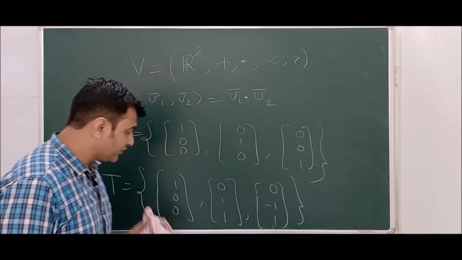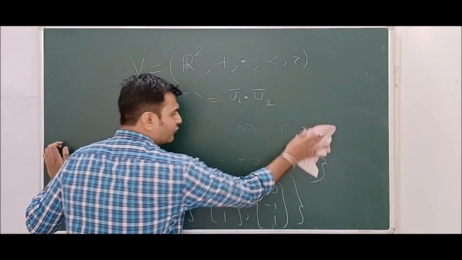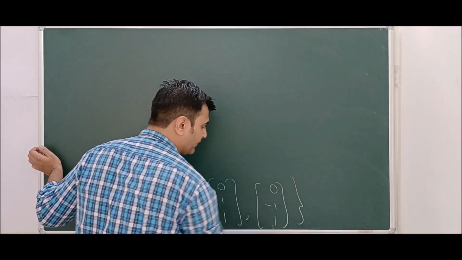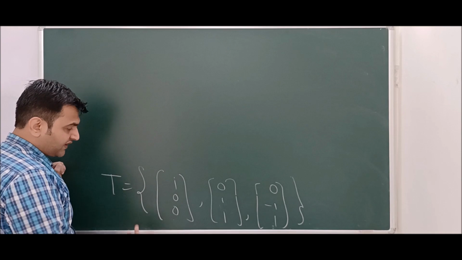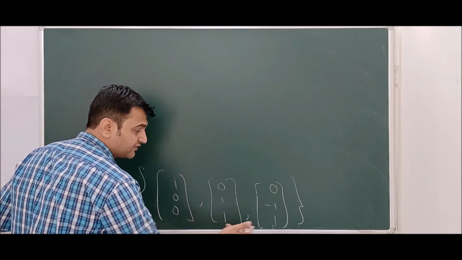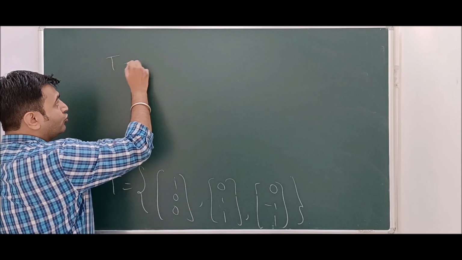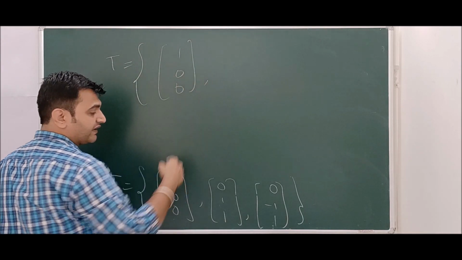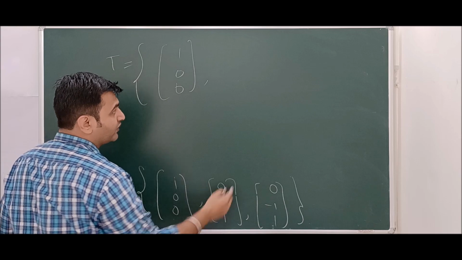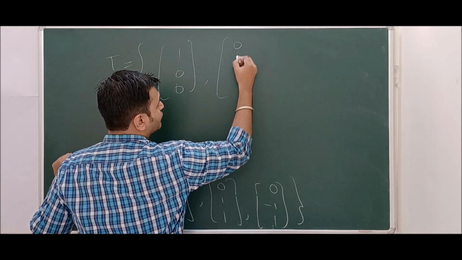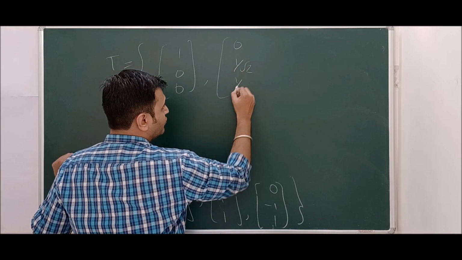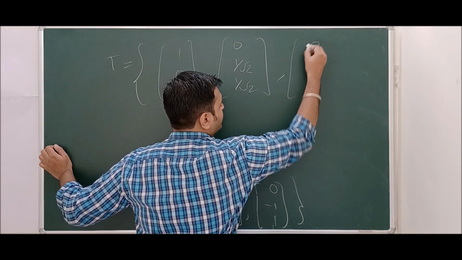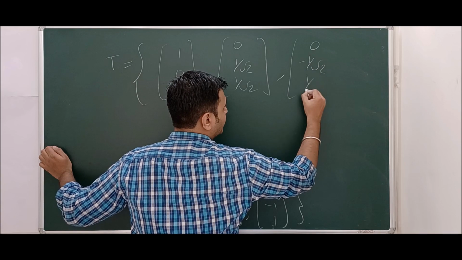Okay. So if it is not an orthonormal set, not a problem. You can always convert an orthogonal set into an orthonormal set, because I just want to make sure the length has to be 1. So how do you make the length 1? You divide by the length. So this is already a unit vector. What is the length of this? Square root of 2. So you divide by root of 2: 0, 1 by root 2, 1 by root 2. Here also you divide by root 2: 0, minus 1 by root 2, 1 by root 2.